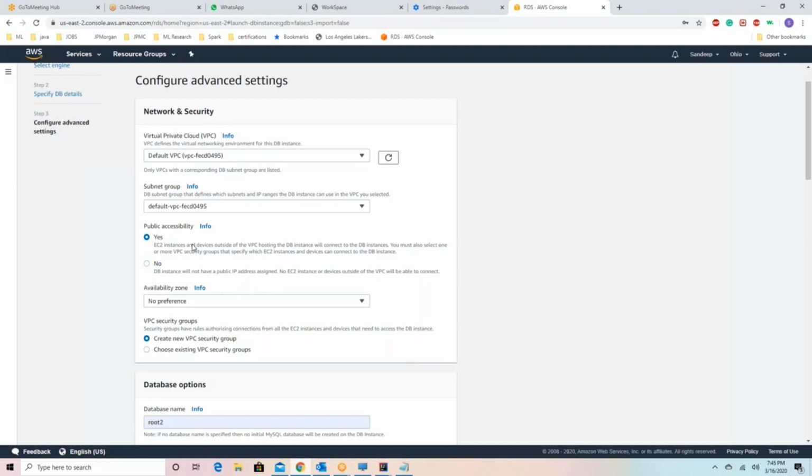I mean, public means anyone can access it, right? It's not private. So public accessibility, right? If you or anyone wants to access the database from outside of the network, and when I say network, I'm assuming it's the Amazon network, right? So I think they call it